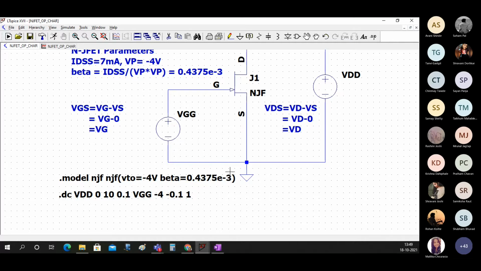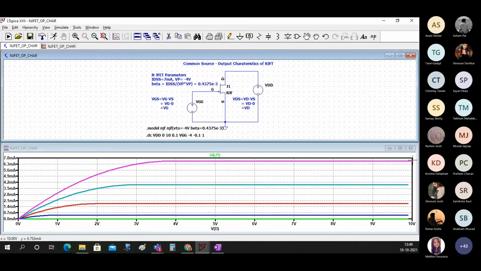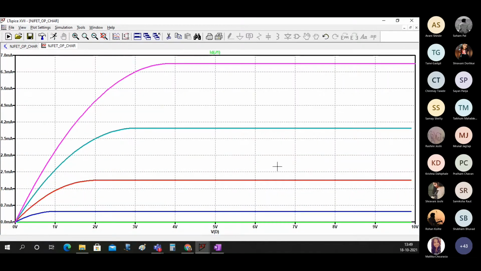And once you get this, if we simulate this thing again, you can see that now you have got rid of that pink line which was shooting up like this.